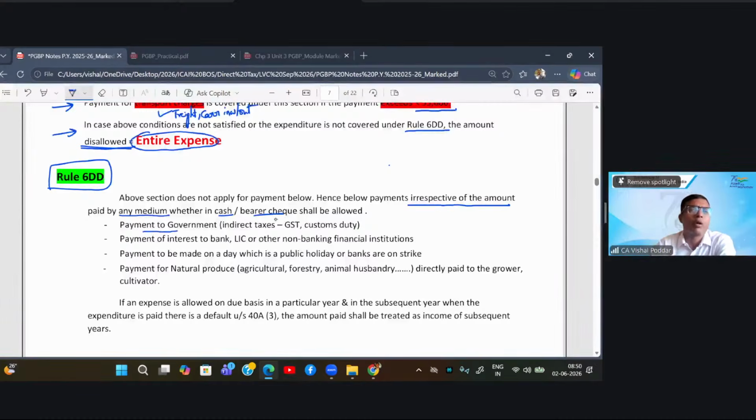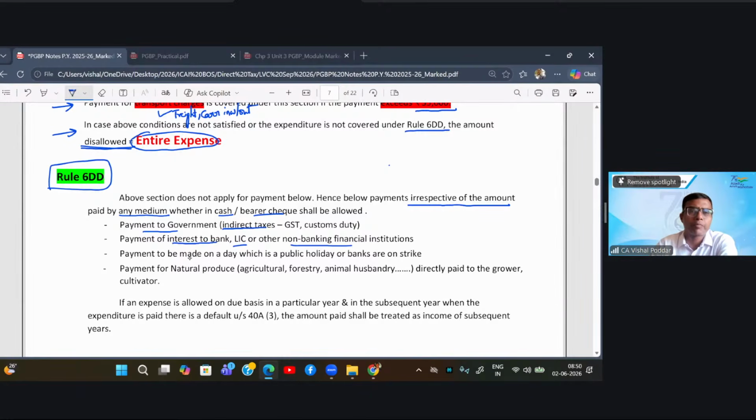When you are making payment to government itself of what? Of indirect tax. Why have they mentioned indirect? Why not direct? Because direct is anyway disallowed in all cases. So if you are making payment to government of indirect tax, even if it is in cash, it is allowed. Second, where you have to make payment of interest to bank or LIC or NBFC from whom you have taken